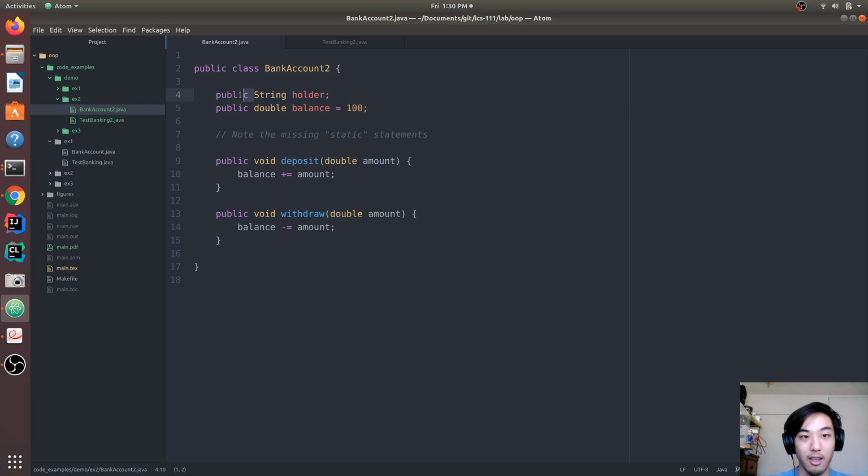If you remember, we set this to public at the beginning, but in nearly all cases, you want to set member variables to private and control access to them via methods like deposit or withdraw. Like for this example, there probably wouldn't be any reason for you to directly set the balance. The balance should only be updated via deposit and withdraw. So if I change this to private,